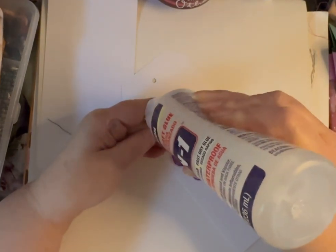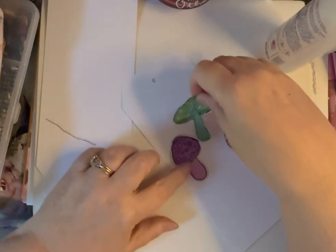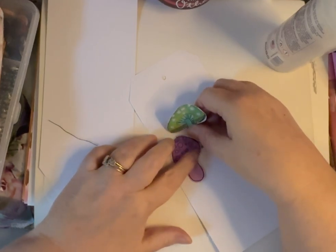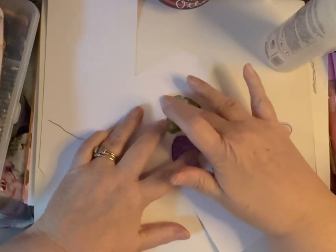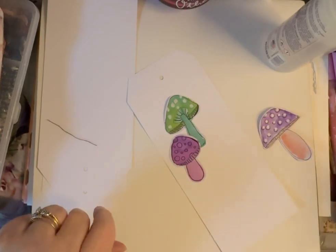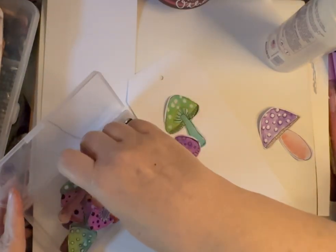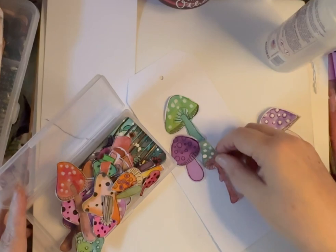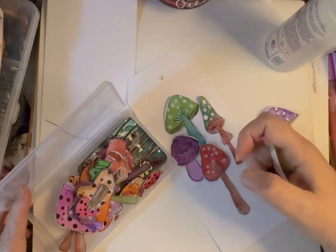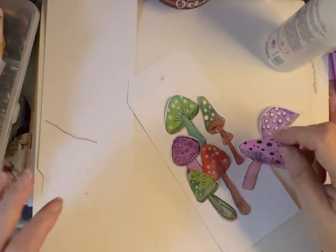So don't think that all your journaling cards and your tags have to be related to people, because they don't, and you will find that you can make some really interesting backgrounds and focal pieces just with what you are